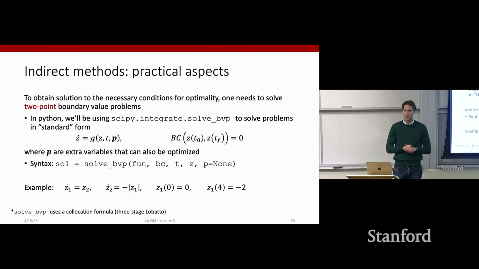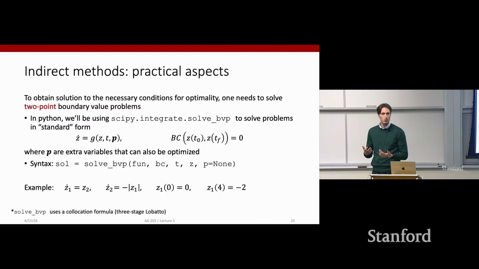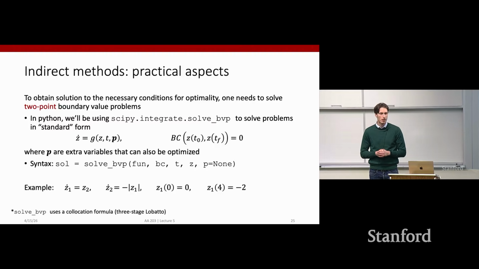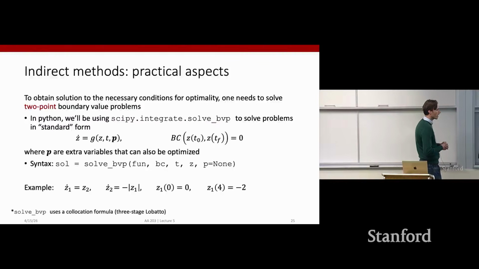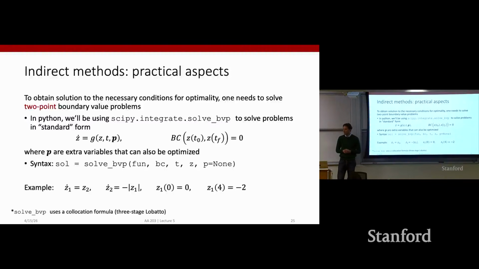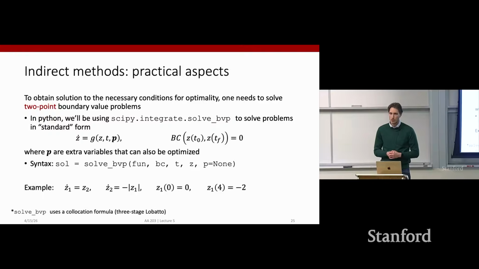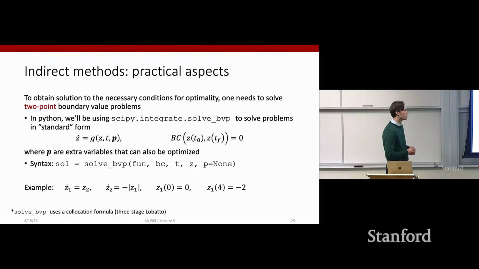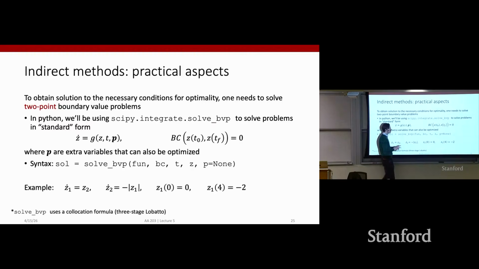bird's eye view, we were saying that indirect methods represent this class of solution methods for optimal control problems, whereby we define and derive some optimality conditions, which we want to solve for generating candidates for optimality. These optimality conditions boil down into two-point boundary value problems, which we have to solve. And so what we did is essentially started to look at computational methods for solving these two-point boundary value problems, whereby we first of all introduced the solve_bvp solver in Python, specifically for an abstract two-point boundary